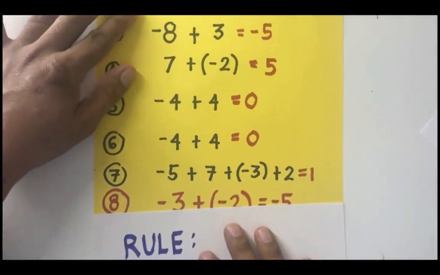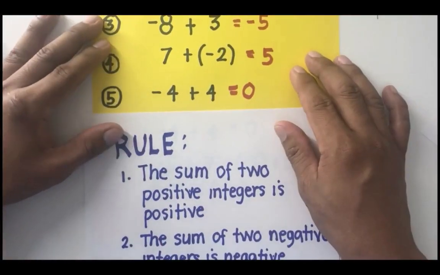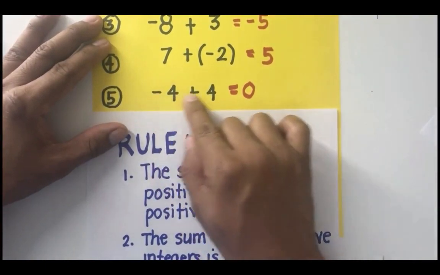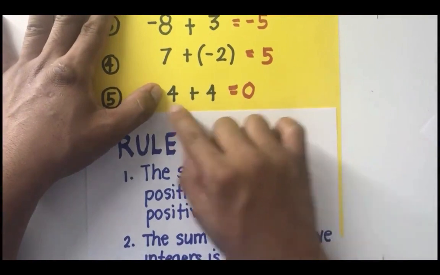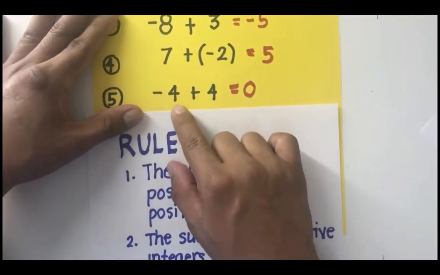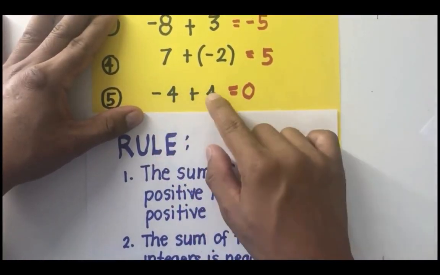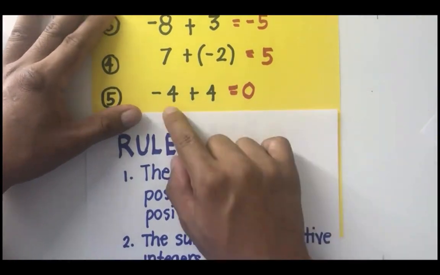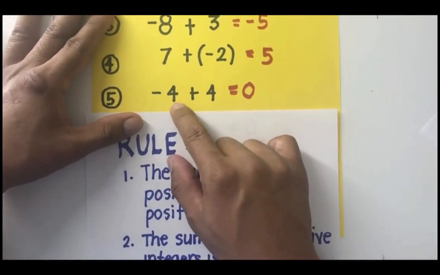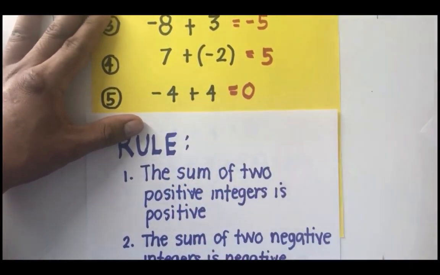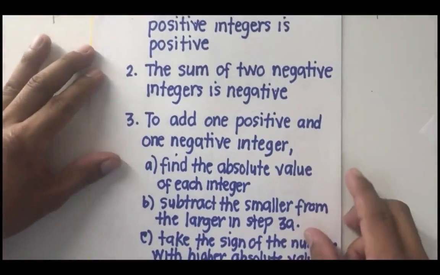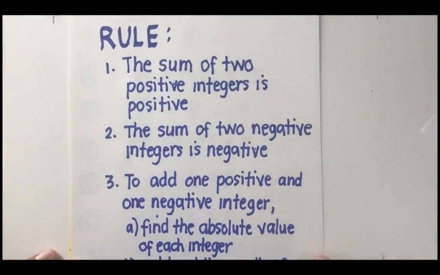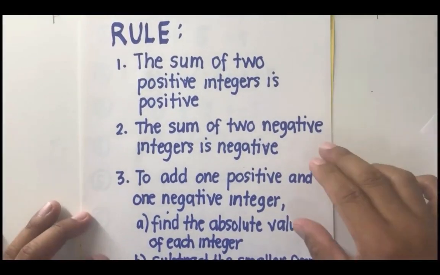Let's look at some of the examples here. When you have one negative and one positive, but they are the same numerical value, the same absolute values, the sum of negative 4 plus positive 4 equals 0. And we call them additive inverse, which we are going to use in our discussion of subtraction of integers later on. So to summarize the rules,